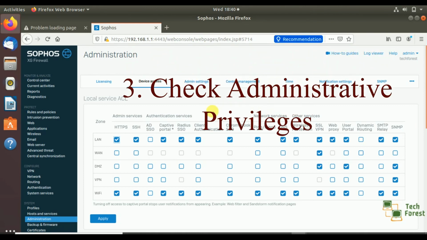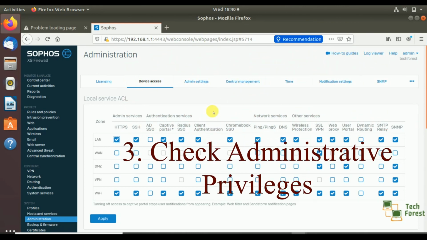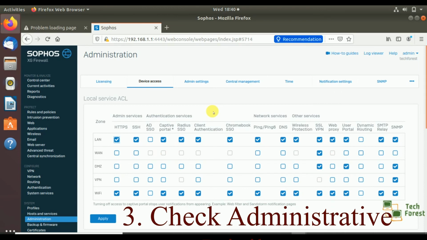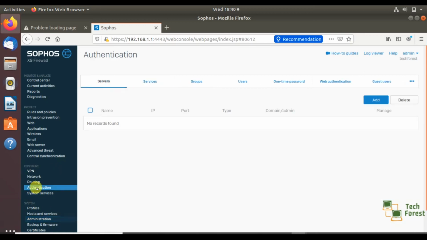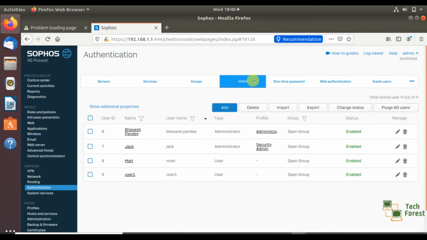Check the administrative privileges of all firewall users and never use a common admin account. Here you can see who has administrative access on the firewall. Go to authentication, click on users. Here you can see Bhavesh has administrative access.